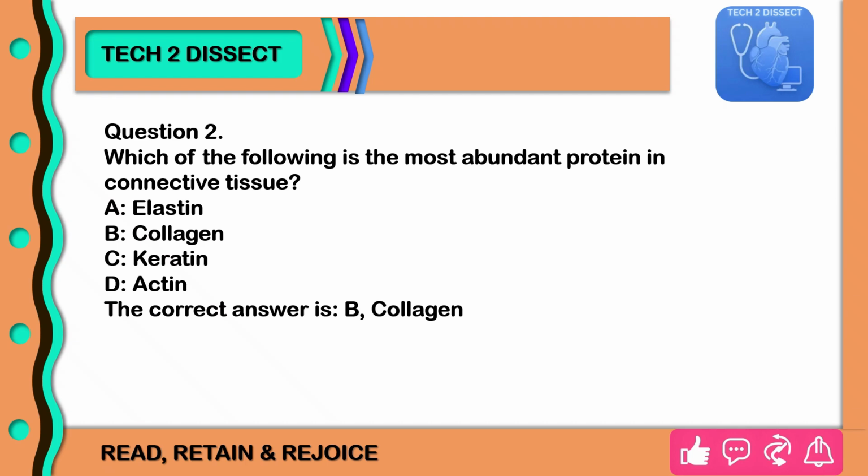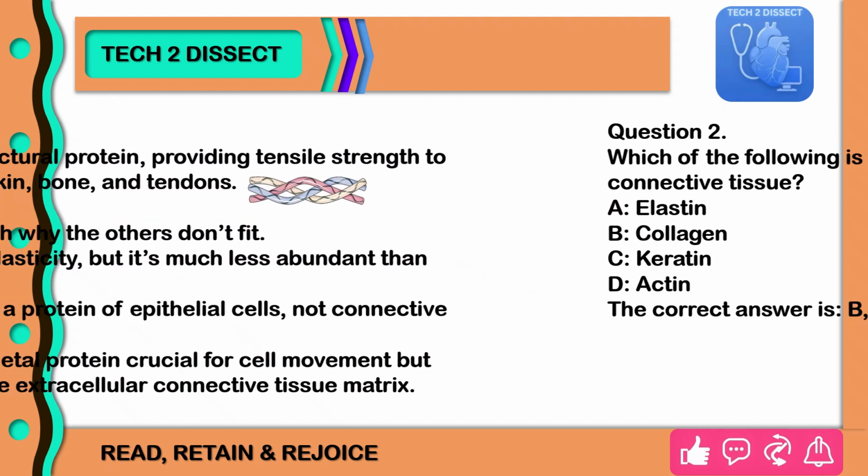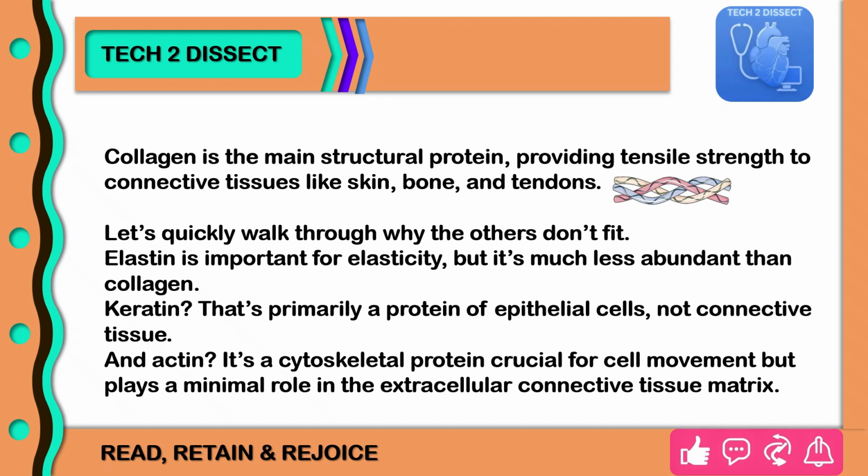Collagen is the main structural protein providing tensile strength to connective tissues like skin, bone, and tendons. Let's quickly walk through why the others don't fit. Elastin is important for elasticity, but it's much less abundant than collagen. Keratin, that's primarily a protein of epithelial cells, not connective tissue. And actin, it's a cytoskeletal protein, crucial for cell movement, but plays a minimal role in the extracellular connective tissue